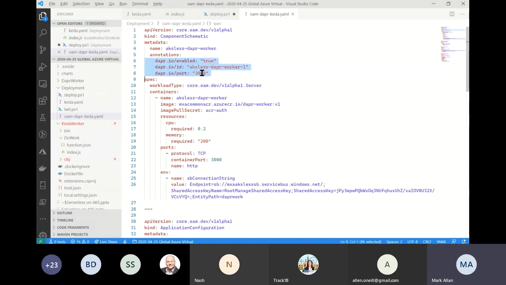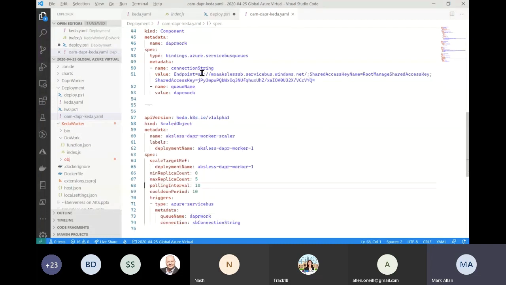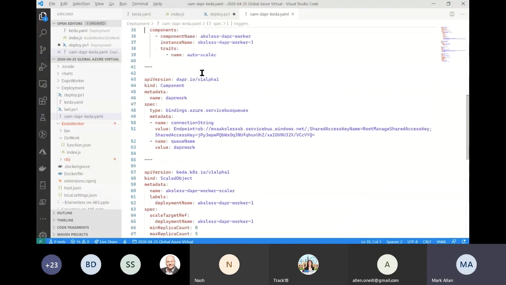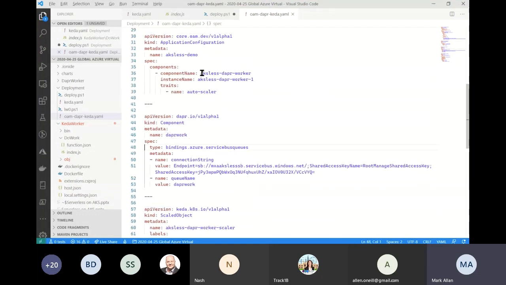And I'm telling it that I want to talk on internal port 3000 between the two containers in the pod. And down here, I've still got my KEDA thing working off the same thing, except this time we're working off a queue called dapr-work. And then up here, we've got a Dapr work component, which is telling us that we're going to set up a binding that Dapr understands.